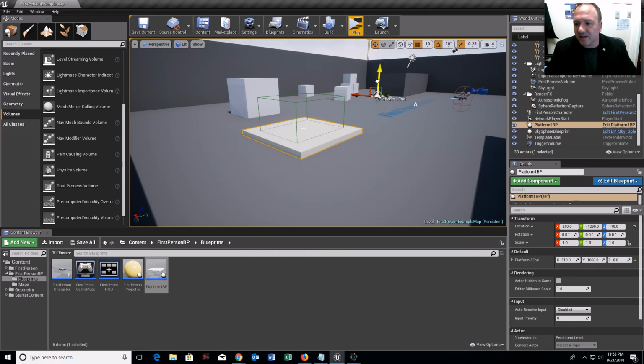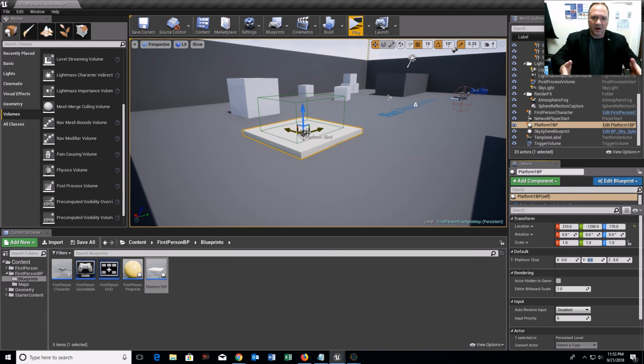When this widget is set to 0, 0, 0, it's at the center of the platform, right? So if I move something to the location of the widget, well, the widget is at 0, 0, 0. That is its location because its location is relative to the platform. So for right now, the way I'm going to do it is I'm going to accept its position based on the platform, and I'm just going to add its position to the platform.